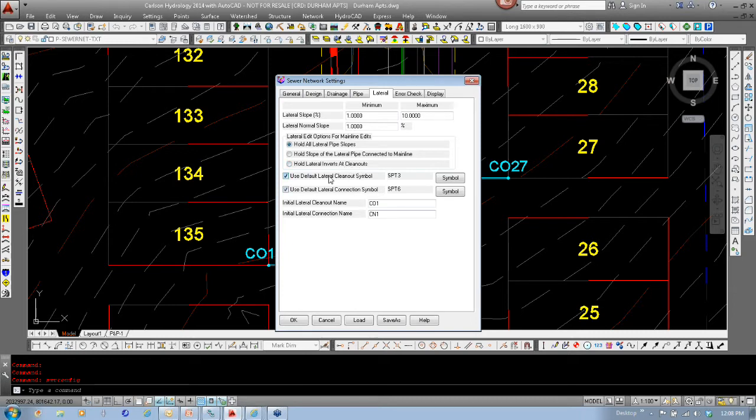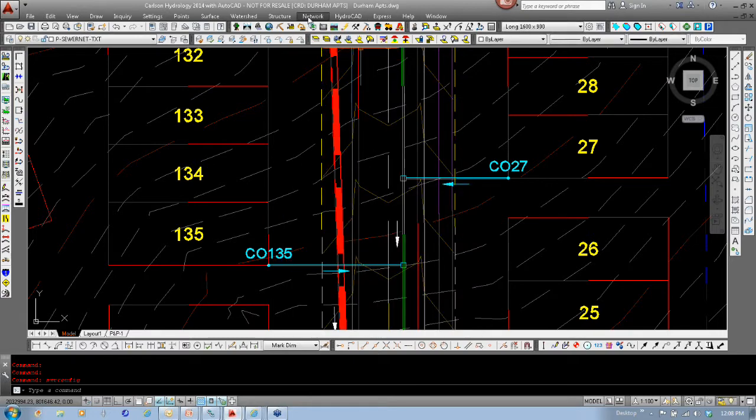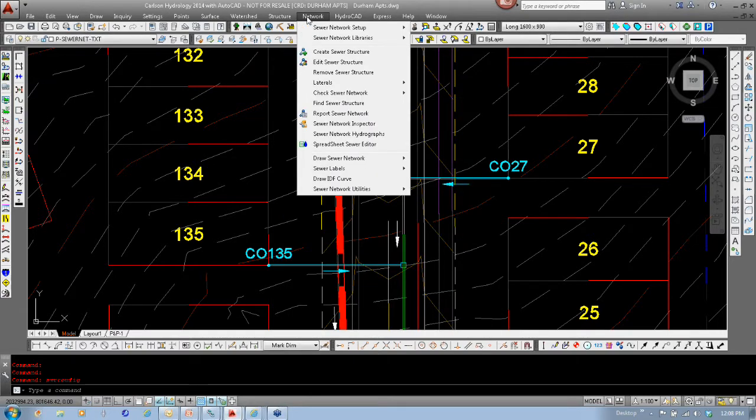You can select your symbols for the connection, and you can also have it set how it's going to initially name your clean outs for you. CO for the clean out, CN for the connection, and I usually just change those in the dialog box as I go. So I can hit cancel there, and now I can show you that